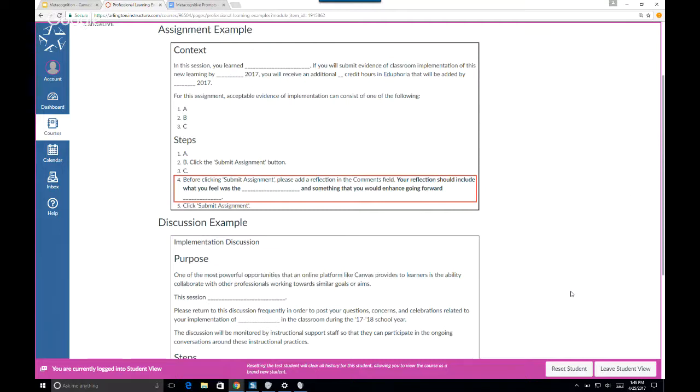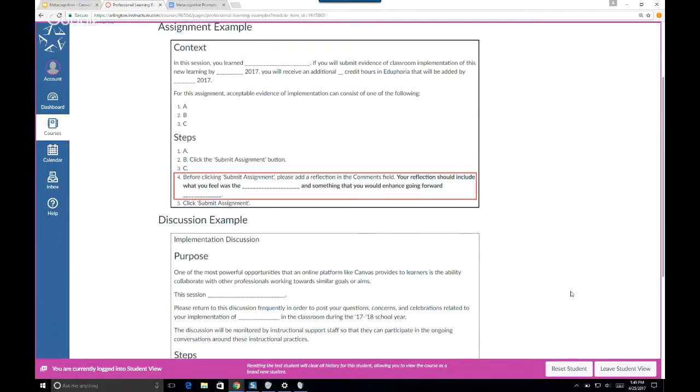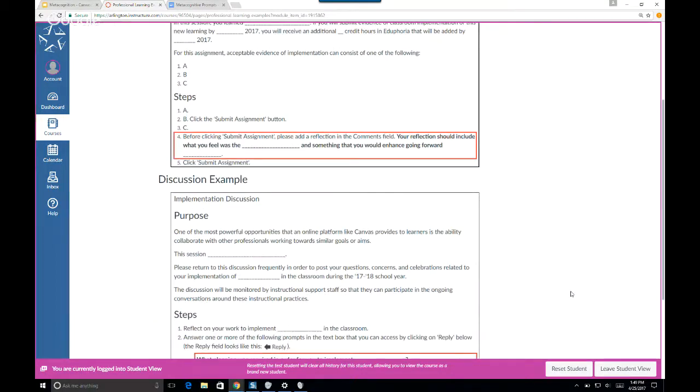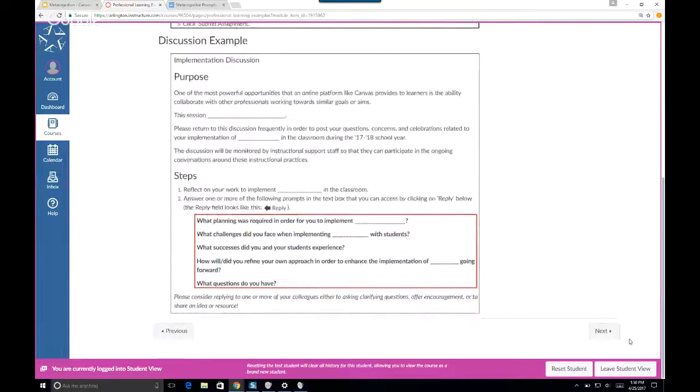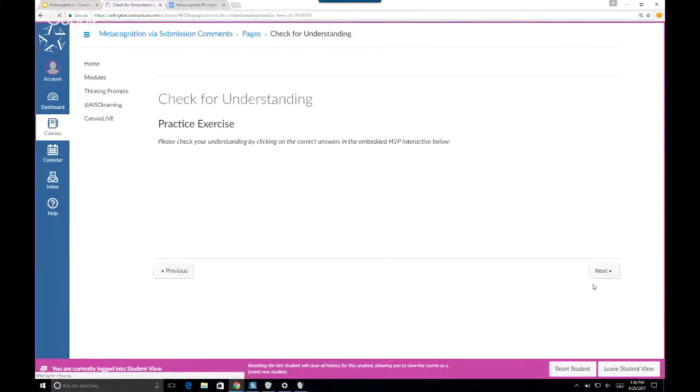So if they express an intention to learn something more about a certain topic, I don't want to provide some kind of feedback that's not related to that at all. I want to go ahead and align my feedback as much as I can to what they're already identifying and sharing with me is a priority for them. So don't forget about the potential for this in all those professional learning environments that you guys no doubt work in as well, especially if you're a Canvas trainer or coach or administrator.